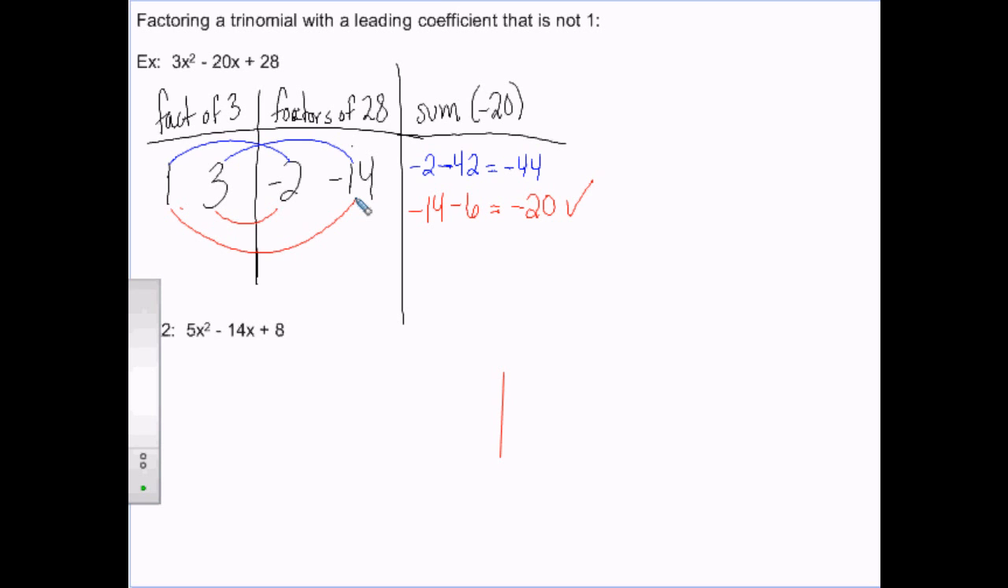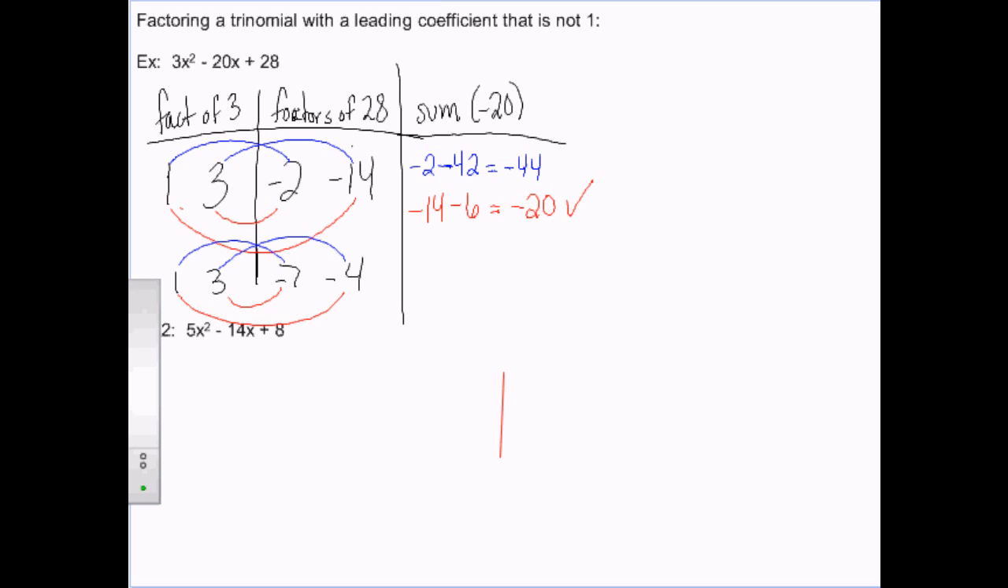You have to try both combinations before you can eliminate anything. For example, if that hadn't worked, we could have tried 7 and 4, because that makes 28. And we would have done 1 times negative 7, 3 times negative 4, and 1 times negative 4, and 3 times negative 7. And you have to keep trying them until you find the combination that works. Once you find the combination that works,